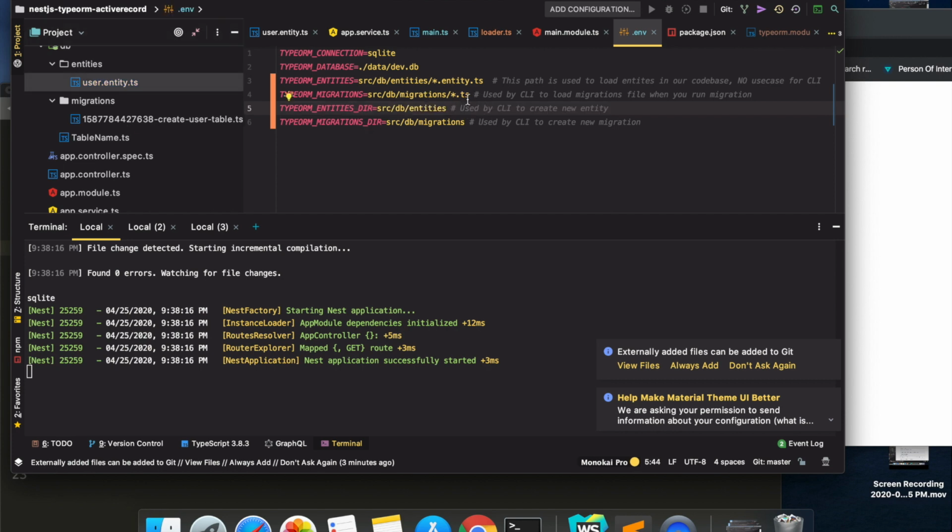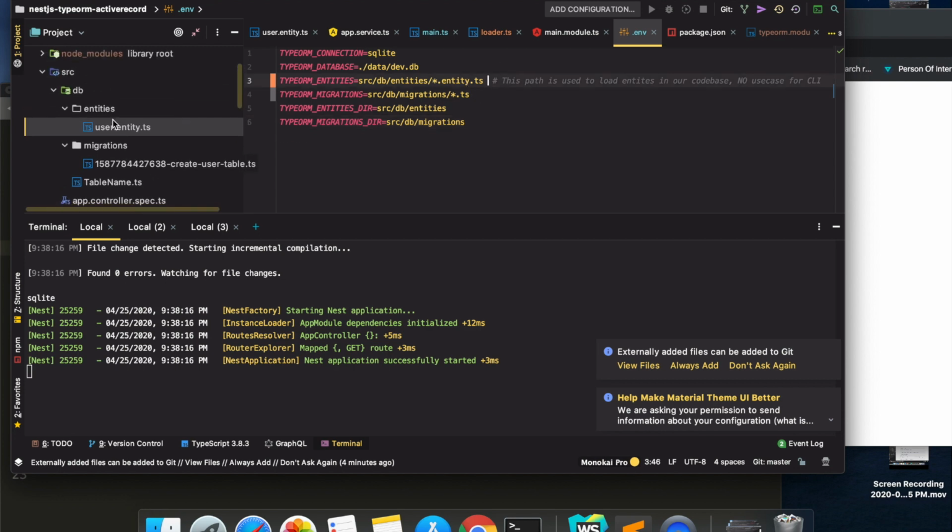Now, the main thing that I want you to notice is TypeORM entities. You see, this is basically loading entities from source db entities and any file ending with entity.ts. Now the issue is that our code is in TypeScript.